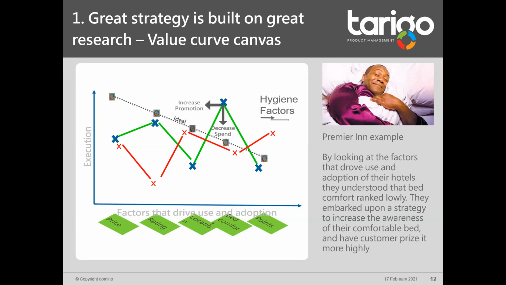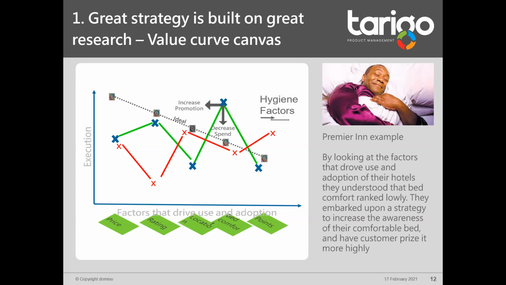Now, this Premier Inn example is done for a hotel organization. So you can see those factors that might drive adoption are exactly those things: price, ratings, the location of your hotel, the bed comfort, and, if you're a points junkie, whether or not that organization has points. What you can see here and draw out is just how well you're performing against that. What's interesting in this one is that green line is saying, bed comfort is scoring really highly, but actually that doesn't necessarily drive the use and adoption on my curve. You can see how you might want to look at that and say,